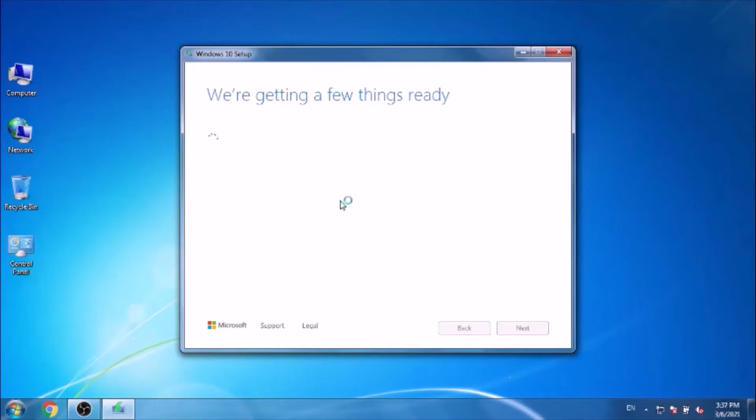This is a very easy method to upgrade to Windows 10 from Windows 7. Now the license agreement will come. Accept it.